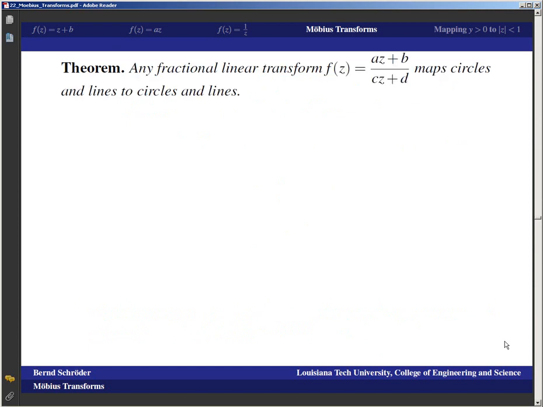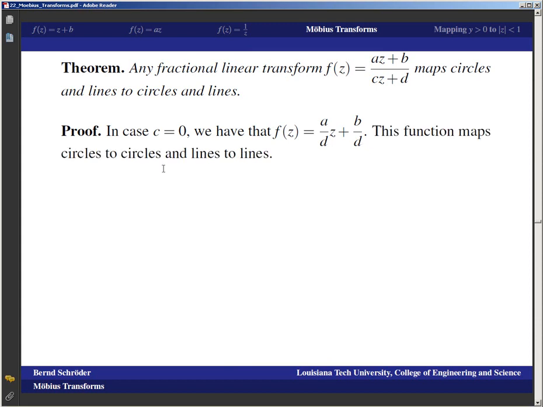Okay, so now the theorem about Moebius transforms or fractional linear transforms is that any fractional linear transform f of z equals az plus b over cz plus d maps circles and lines to circles and lines. And the proof now comes straight from what we know about these first three maps that we have investigated. In case c is equal to 0, we have that f of z is a over d, z plus b over d, and that's, of course, mapping circles to circles and lines to lines because it's a composition of az and z plus b. And in case c is not equal to 0, we have that the function is this composition